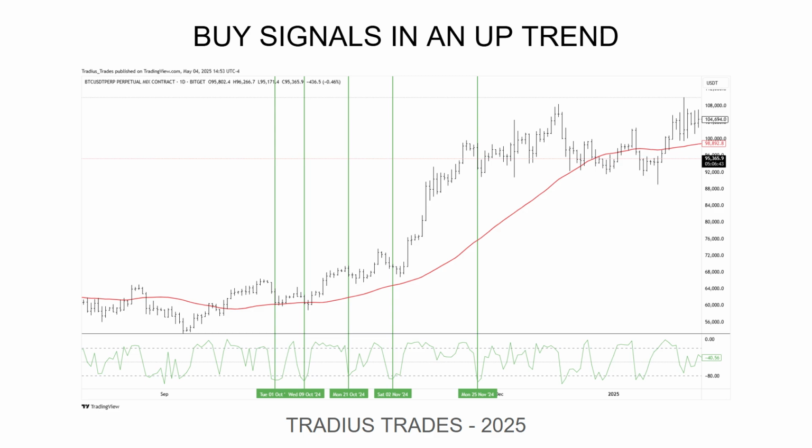So right here, I've got buy signals in an uptrend, and just to give you a bit of context into what you're seeing here, I've got a 50 period moving average, which is the red line. That's just showing me what the trend is. Price is above the 50 period moving average and it's sloping up. That tells me the trend is up. That's a very basic way to tell what the trend is. Throw a 50 period moving average on whatever chart, and whatever direction it's sloping is generally the direction of the trend.